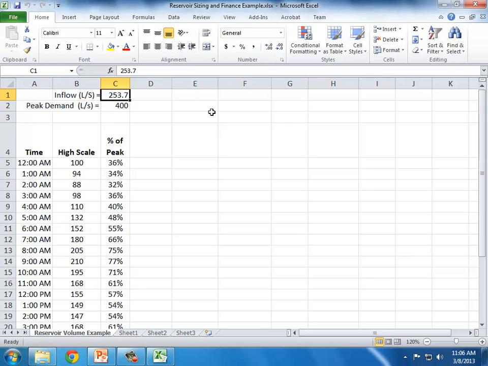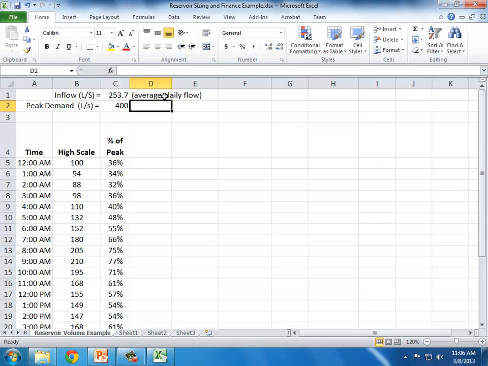Starting off with the inflow of 253.7. Let's say that was my average daily flow. Now your inflow doesn't have to be equal to the average daily flow, but just coincidentally, it so happens that this spring in your project is providing a flow equal to your average daily demand during the peak day. So that's a wonderful coincidence that they're actually not demanding more than is available, because